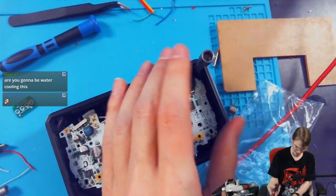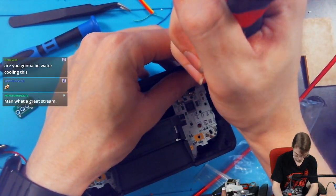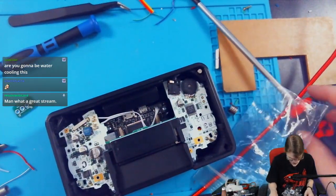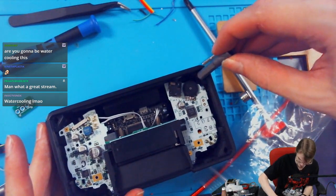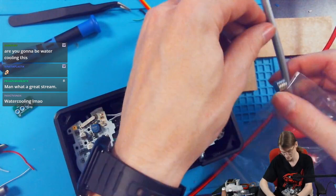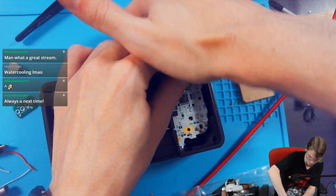All right, let's add another utensil on here. I'm a little nervous. I should have done this before I put the board in, because if this thing slips, it's gonna just jam into the board, right? So I probably should have thought this through. Let's...